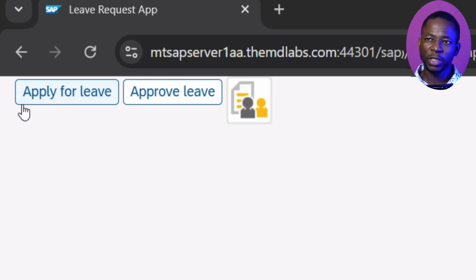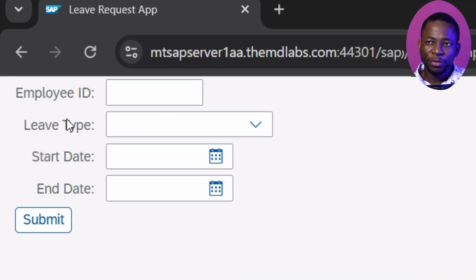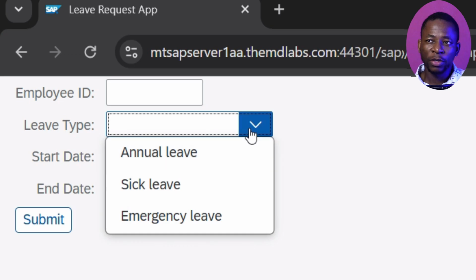So far I've created the apply for leave page. This is the main page where the user can click apply for leave. When the user clicks on apply for leave, it takes the user to the apply for leave page, where the user can enter the employee ID and the leave type. If you click on the drop down menu, you see the leave type: annual leave, sick leave, emergency leave, then